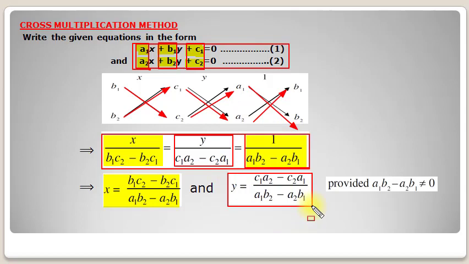Here, it must be very clear that the denominator which is coming, which is a1b2 minus a2b1, you can see the same denominator here, must not be 0, because if the denominator becomes 0, then the values of x and y will be infinite. Okay, so this denominator must not be 0, then only you can get a proper value of x and y. Now come to some other concepts which are required in this exercise.